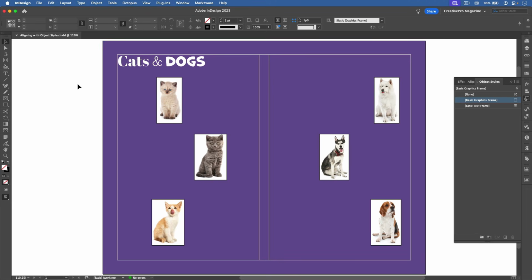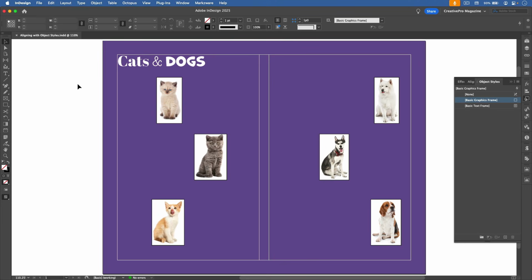When you have a lot of separate objects on a page, it can be a real pain to align and position them precisely. Fortunately, you can use object styles to set the position of frames on the page. So all you have to do is select one and apply the style to move it exactly where you want it. And this is really important in things like catalogs and yearbooks, where you might have hundreds of objects to